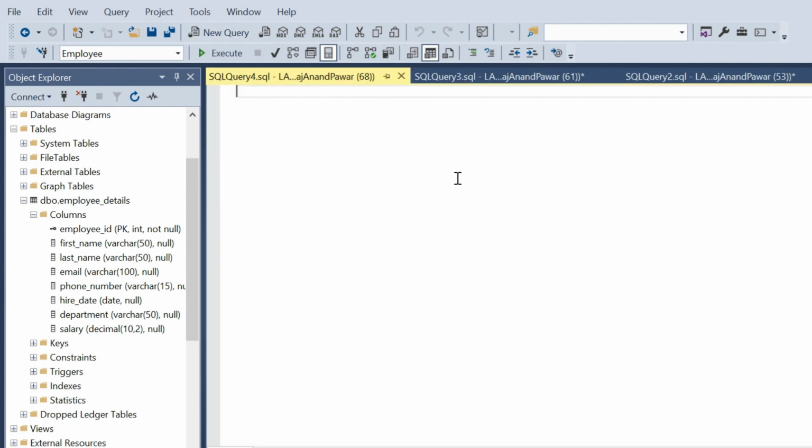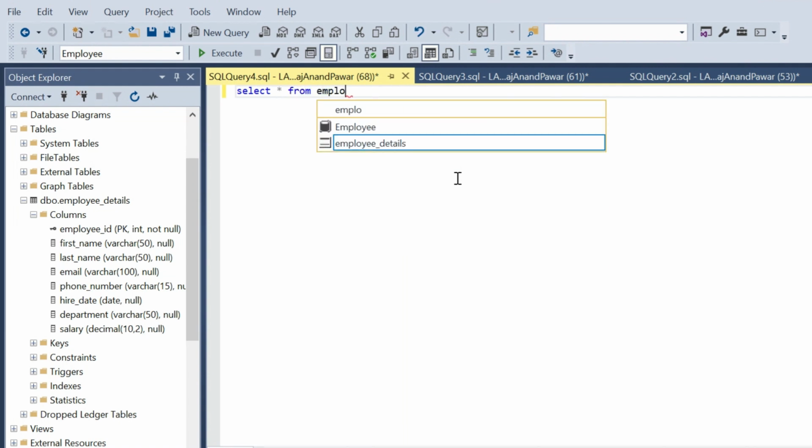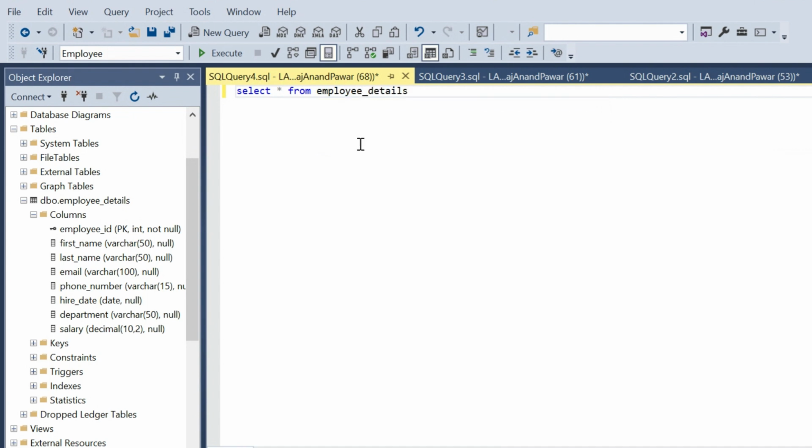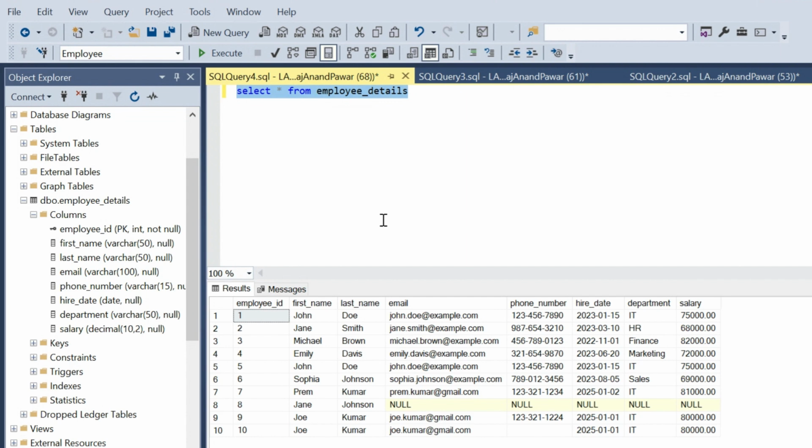So for that, I'm going to create a new query. And let's see what exactly the employee details table data looks like right now, because we have made a lot of changes and we have added a lot of data from the last 2 or 3 sessions. So you can see there is some null data, blank data. So let's update that data in today's session, and let's understand how we can use the update command to